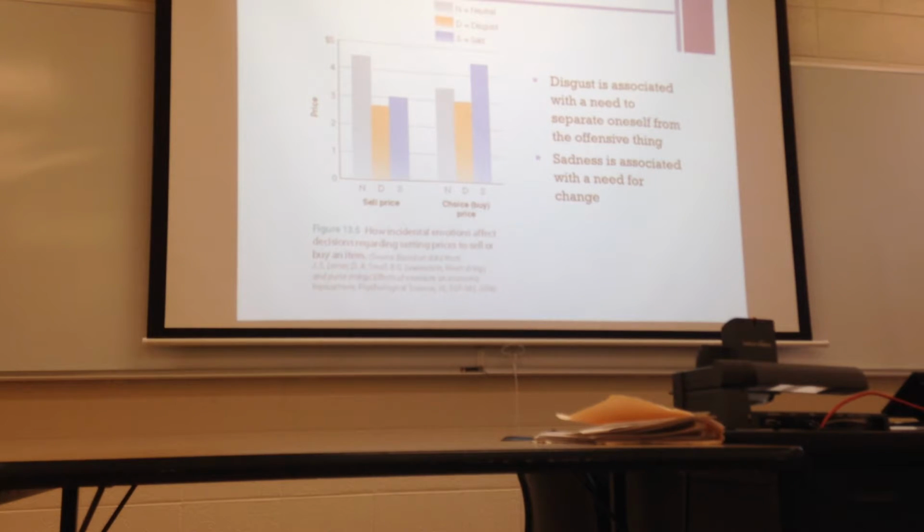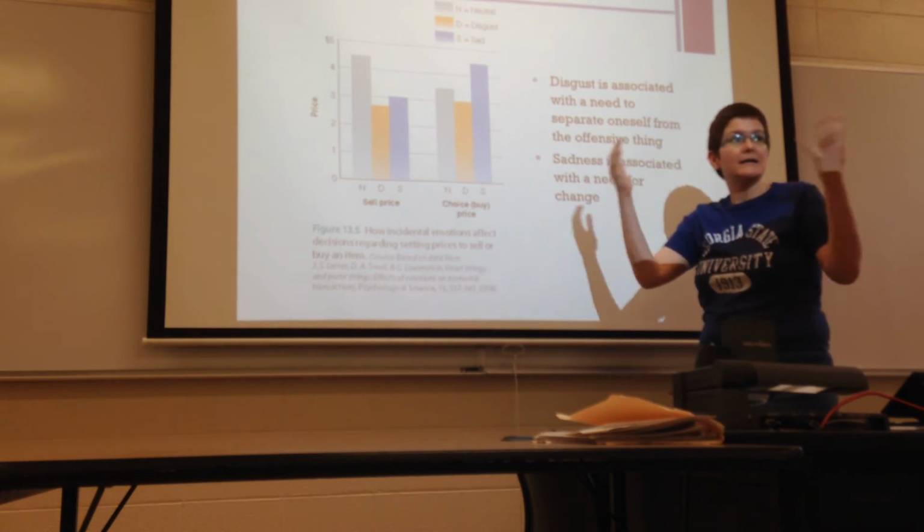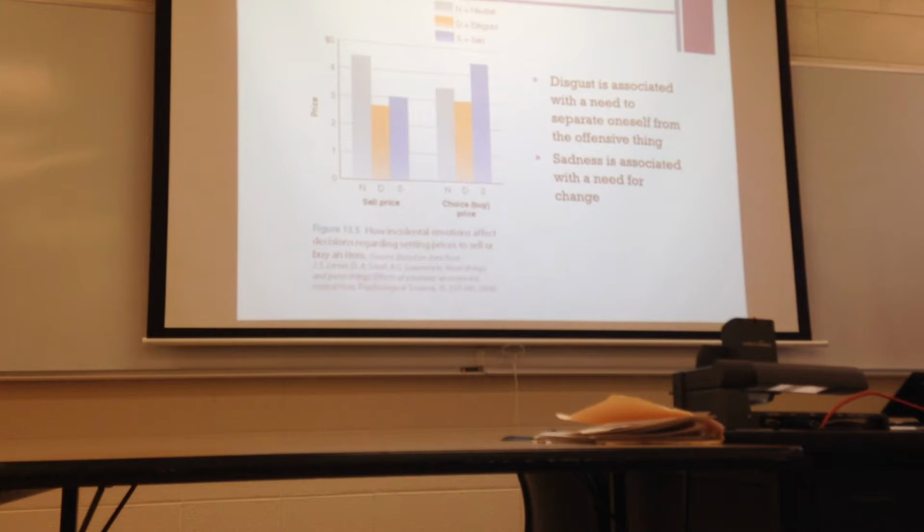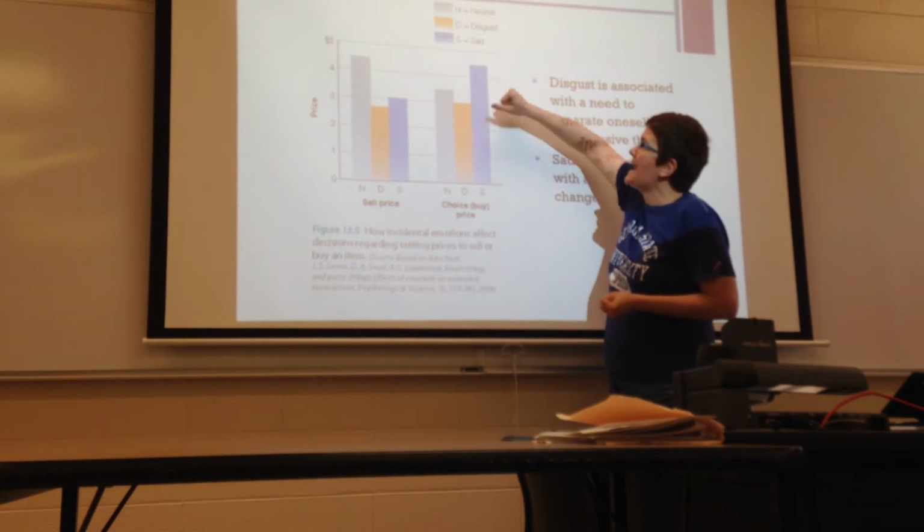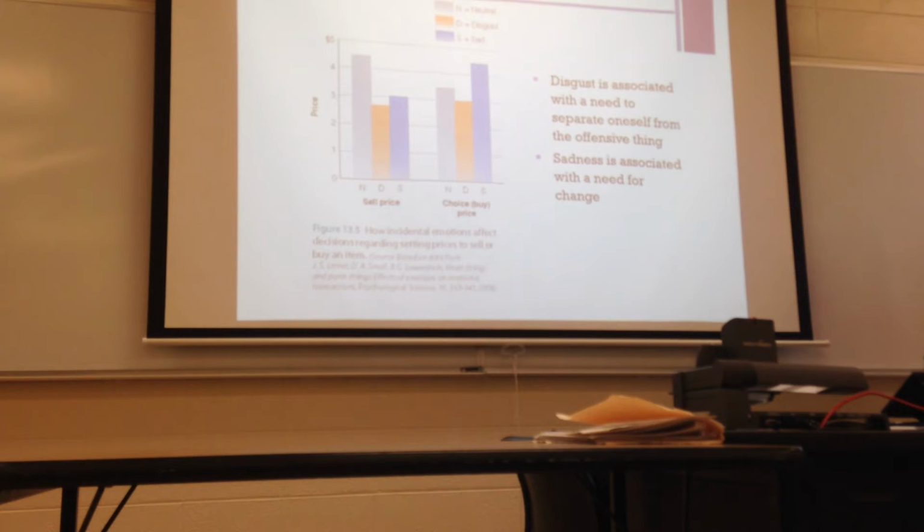And that's going to affect your choices, right? Because you're going to make choices that result in you pushing things away because you're in a state of offense or disgust. People who are sad tend to want change. They don't like being sad. So when we give people the option of buying a different one than the one they have, people who are sad will pay more money for the exact same thing just to have a different one. Because even though they don't really need the different thing, having a different one makes them feel better.